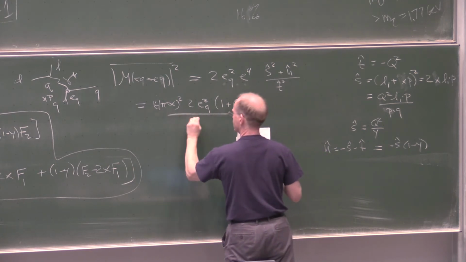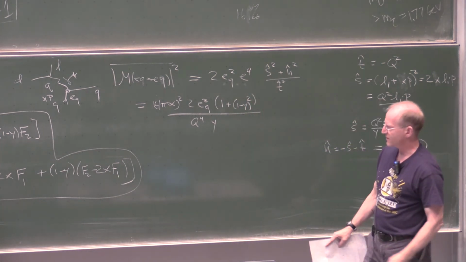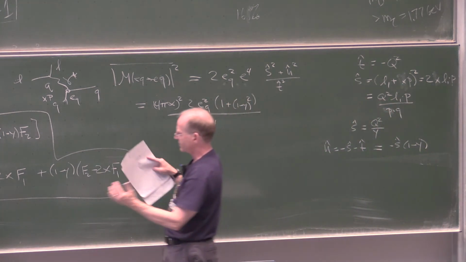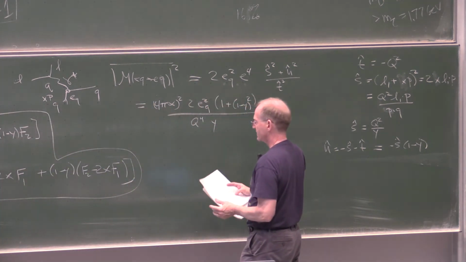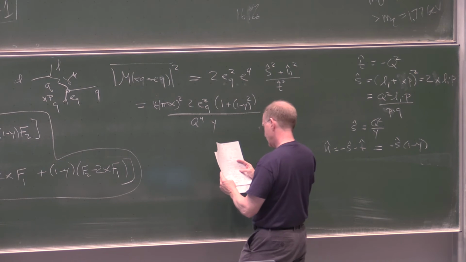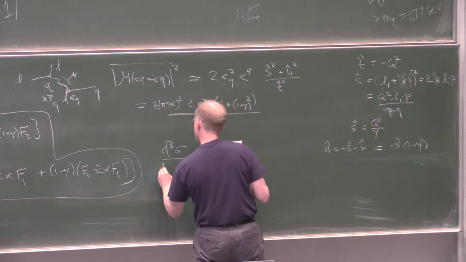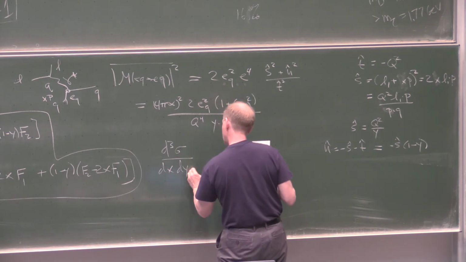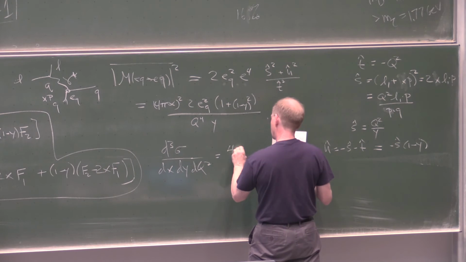But it basically looks like this. There's also some Jacobian factor to go from the squared matrix element to here. And at the end of the day, you get d3 sigma dx dy dq squared is